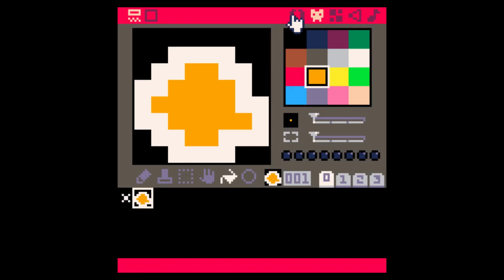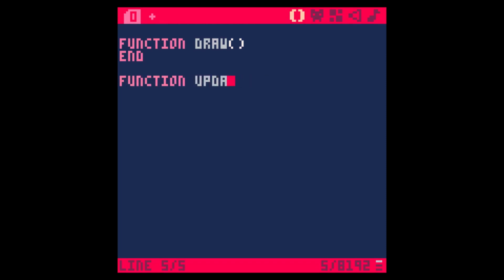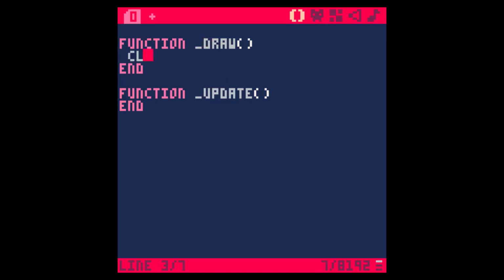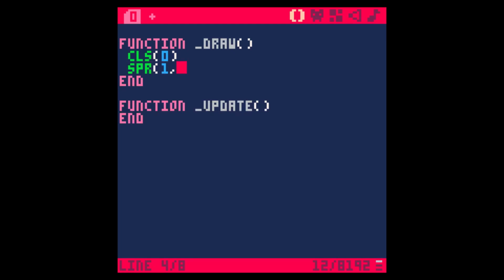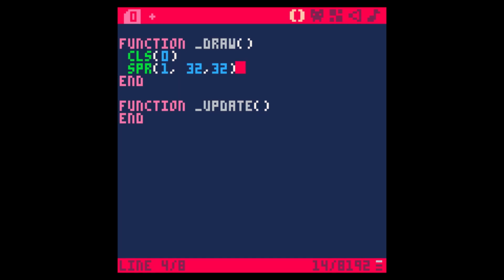All right. And then quickly make our draw function, our get function. Oops, I need underscores. Clear the screen, draw the sprite, and then there we go. Okay. So this particular method,